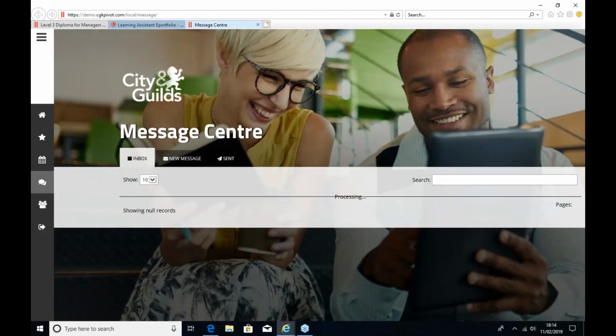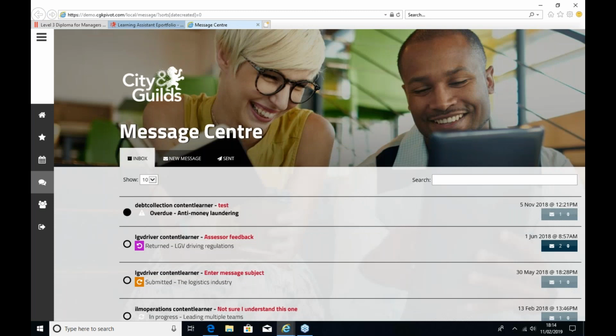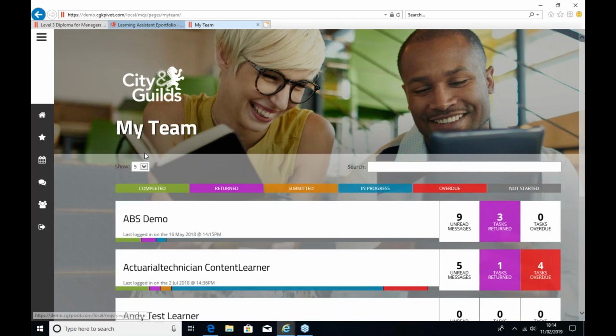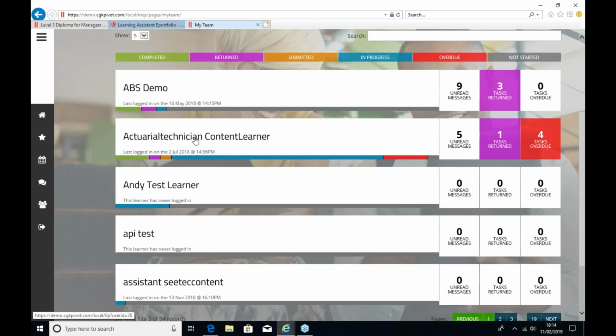So messages opens up another separate system. So it's very similar to what the learner gets. So because the learner sends you a message within the message center, you then get access to the message center. So what you then get is the ability to reply back to messages and so forth. But more importantly, there's a link button on your left-hand side, which then takes you into your learner caseload. So if you click onto there, it will then give you access to your learners,